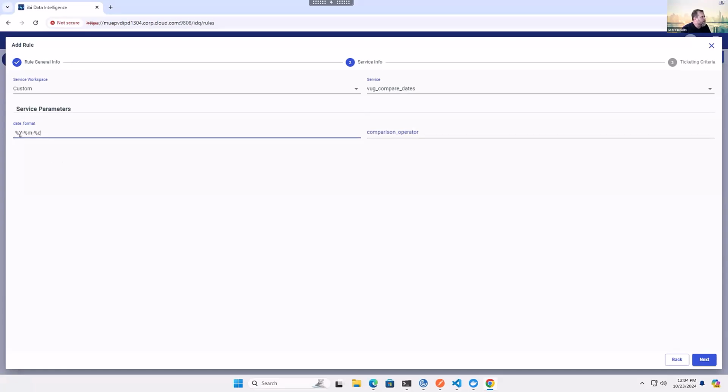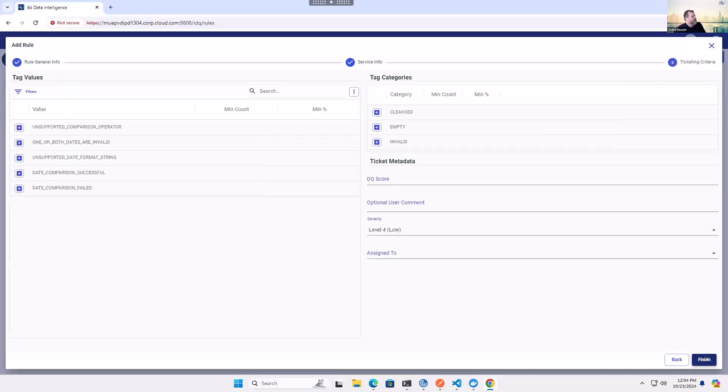YMD date format, that's a 4-digit year, 2-digit month, 2-digit date. And we're going to go with less than or equal to. And let's go for it. All right, now here's what Santosh was spoiling, is that at this point, I have the opportunity to say that